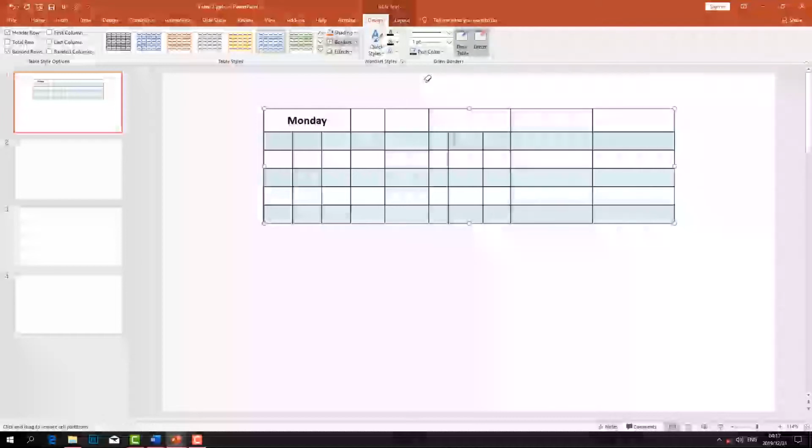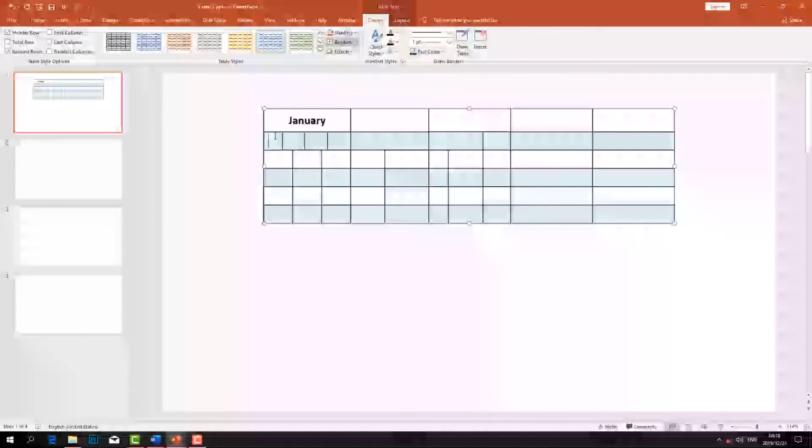If I don't want this, I use the eraser. I remove this, I can remove this, so you can create a funny table depending on what you want to do. I can call this January. I will go to 4 weeks. I can call like this, so I will call here